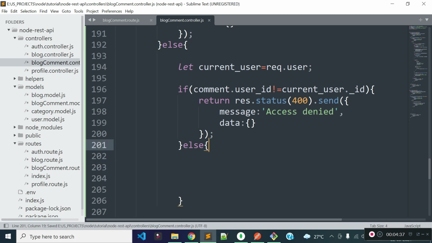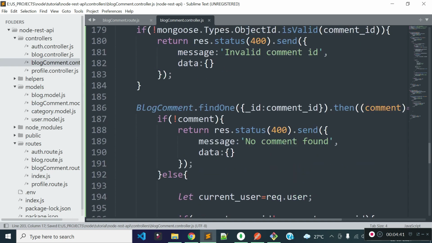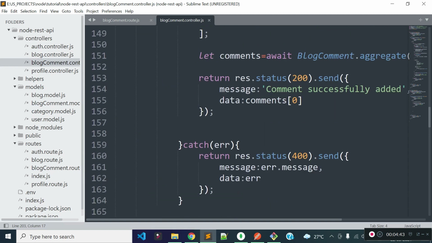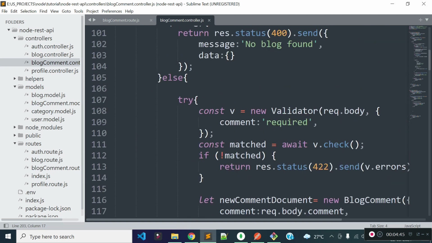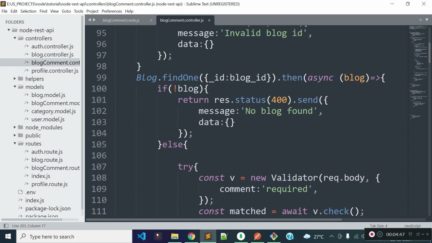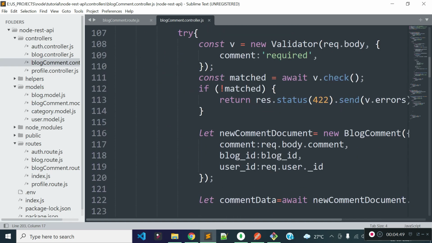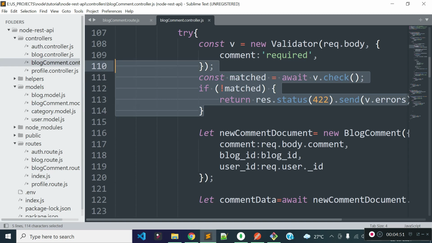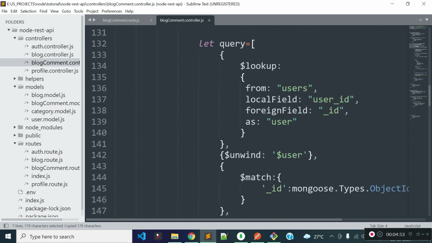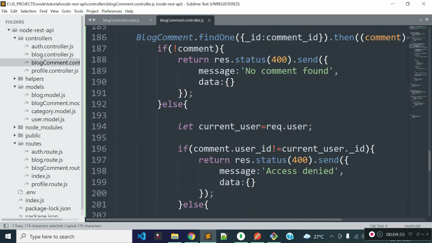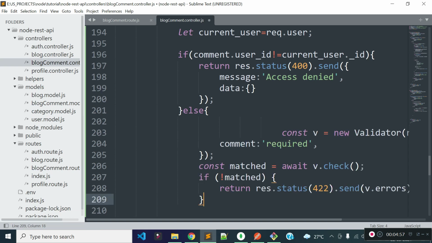So inside this else block, I'll add validations for our comment field. I already added this inside our create method, so I'll copy the code from our create method and paste it inside our update method. We're adding validations with the help of the node-input-validator package.